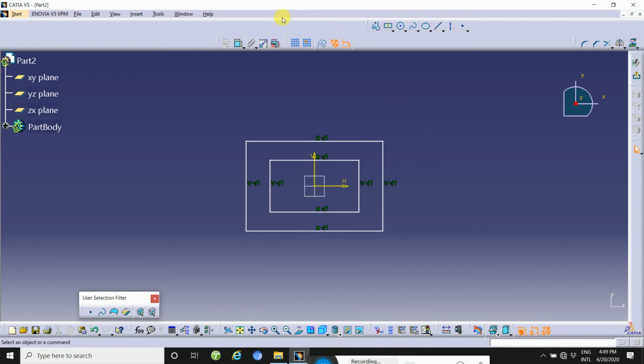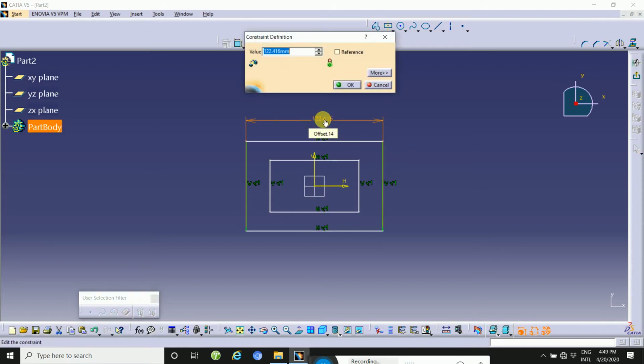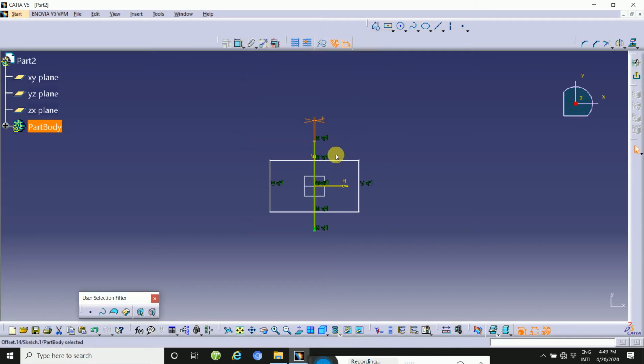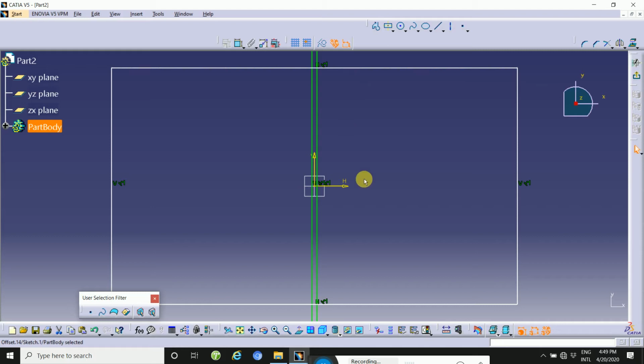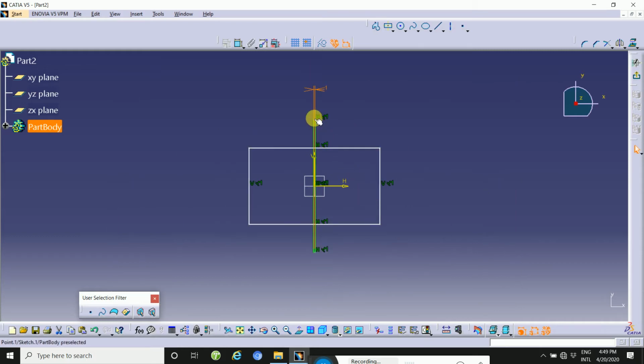This rectangle is 1 mm. So take the length, click on 1 mm, then press Control and mouse scroll to zoom, and then this dimension and this dimension.